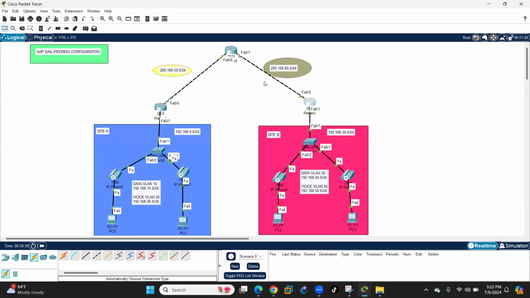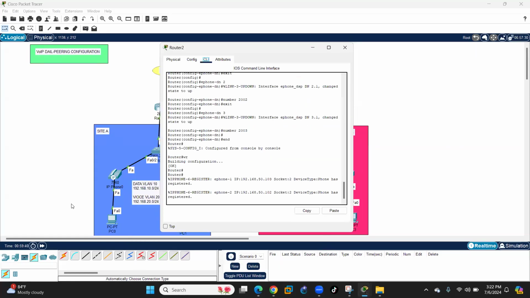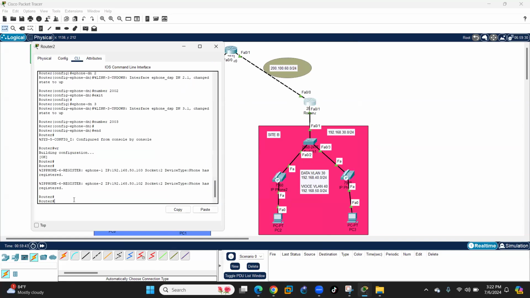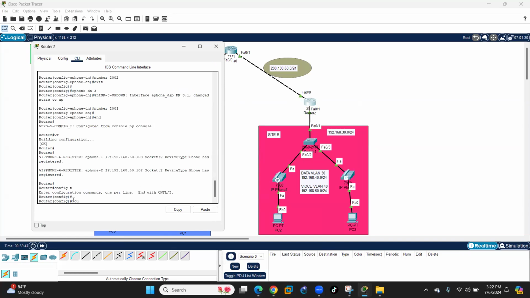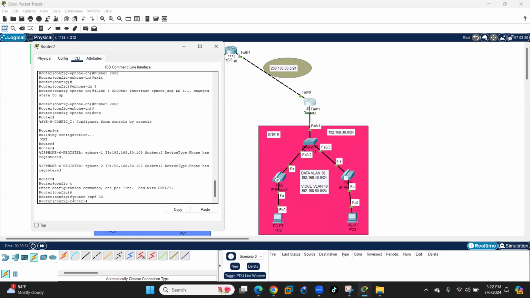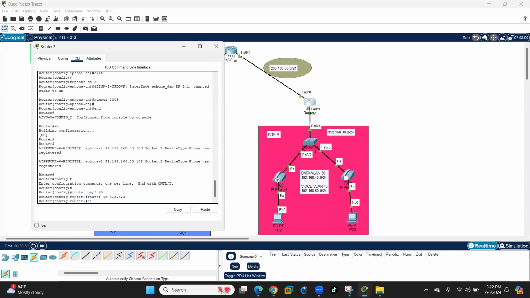And the last router: config t, router OSPF 20, router ID 3.3.3.3, network